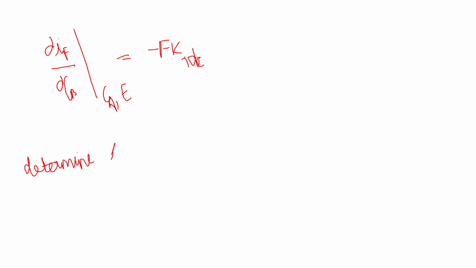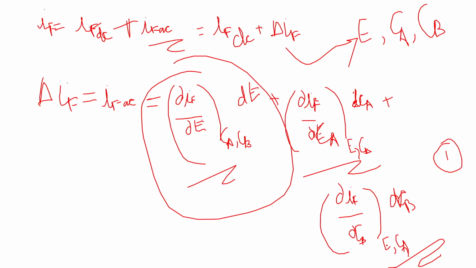Next term similarly, dou IF by dou CB, again it's CA and E. So when you do that, you will get minus F K minus 1 DC. Now the next step is to, so now you know what is dou IF by dou E, you know what is dou IF by dou CA,